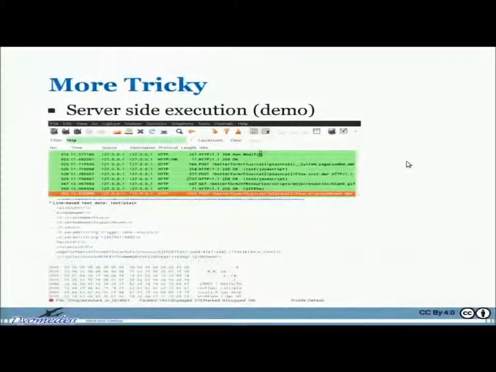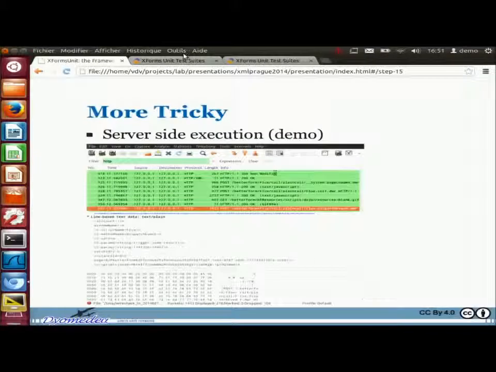Then we have things which are a little bit more tricky. One of the things I have in mind with this tool is server testing automation, being able to test these forms server-side without requiring any browser interaction. This is needed if you want to add this tool in frameworks such as Jenkins or Travis or any continuous integration testing tool. And, well, maybe I won't go into the details to the point of showing the network traces, but